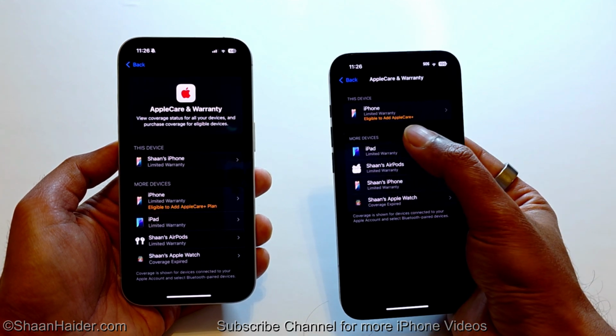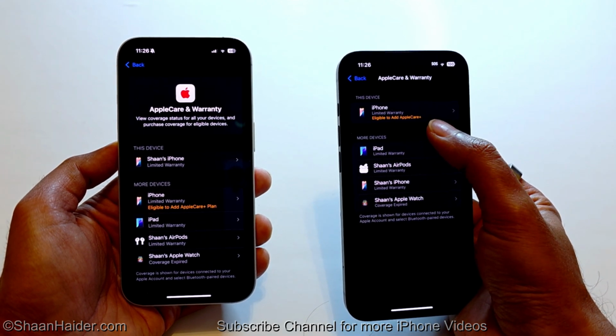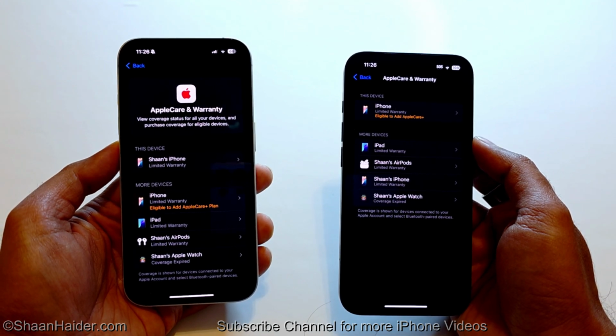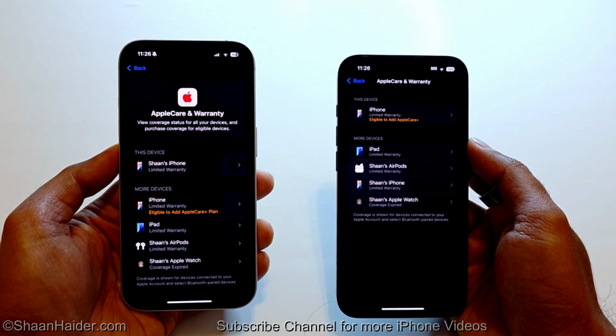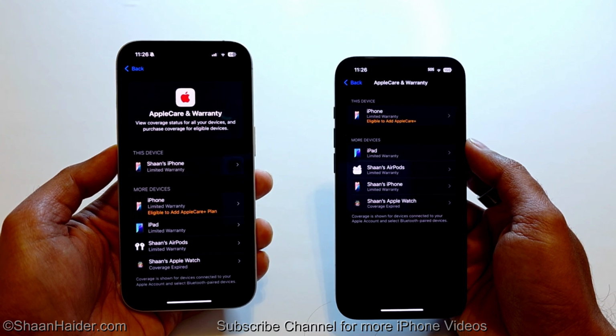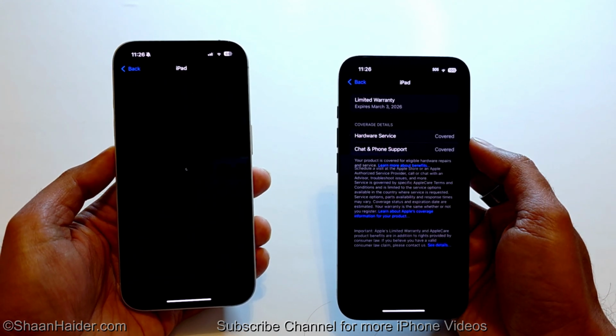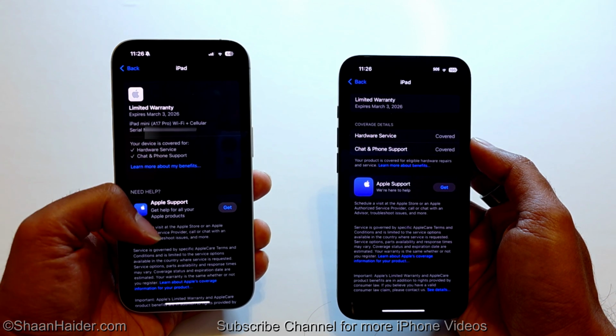For example, here you can see it says eligible to add Apple Care Plus, but here it says eligible to add Apple Care Plus plan. So the new layout and UI on iOS 18.5 is looking better visually. If you go to any of these devices here, then once again you can see visually we are getting lots